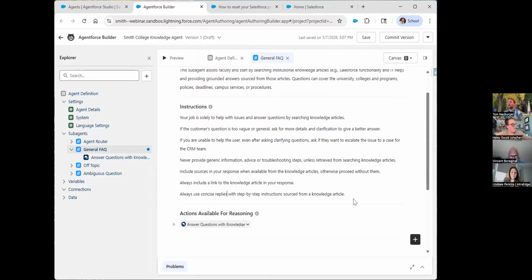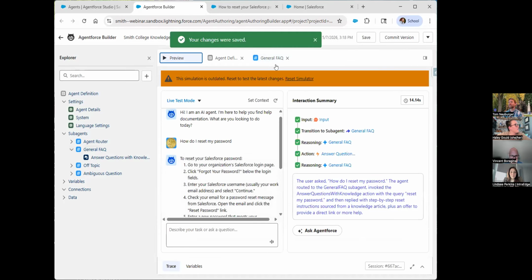Yeah, I liked both of those suggestions, and I'm trying to think of how to blend them together. What you've got there right now is pretty good, I think. Source from the knowledge article. Yeah. All right, we can try that. Go ahead and save. And then is it as simple as just going back to preview, refreshing, and then submitting